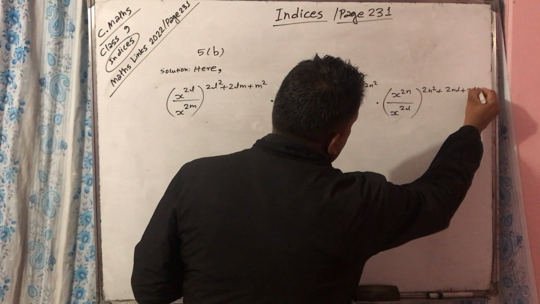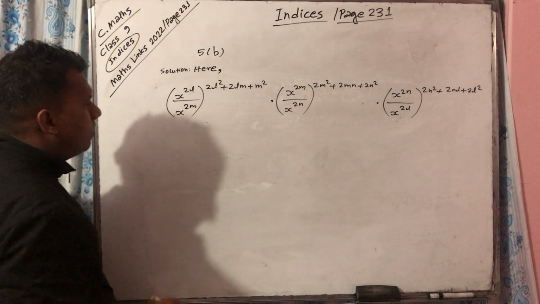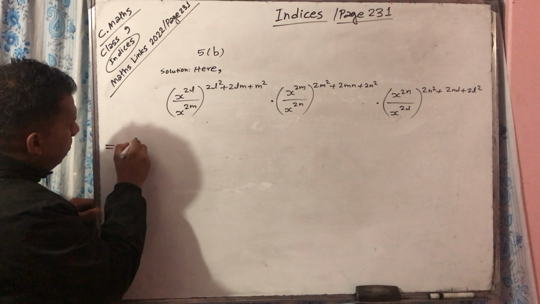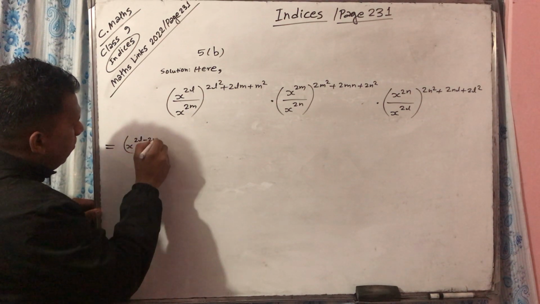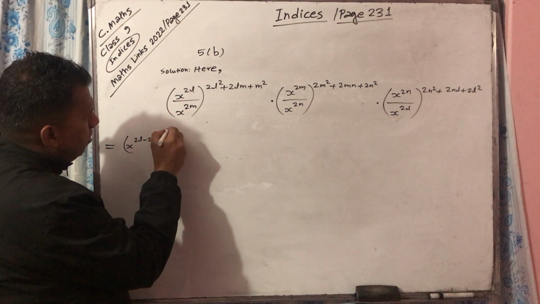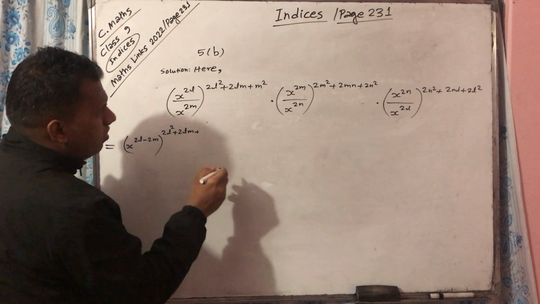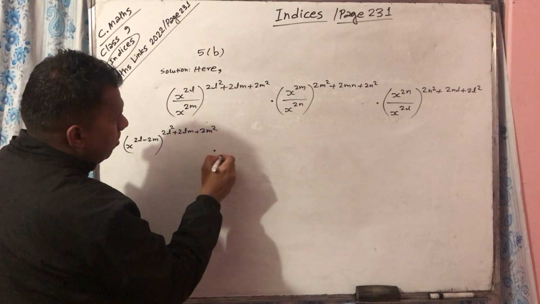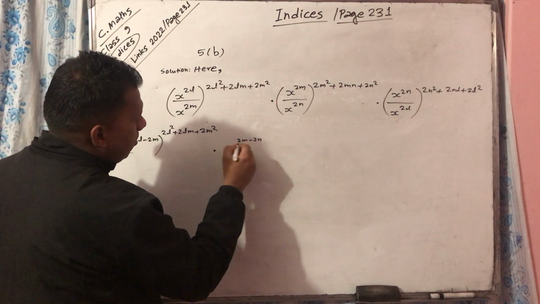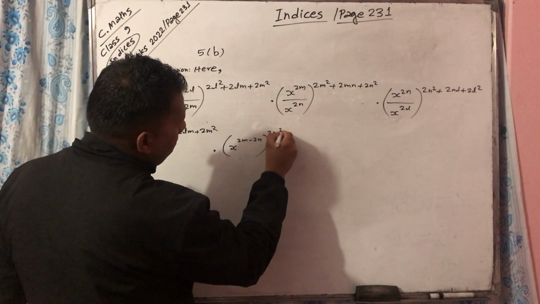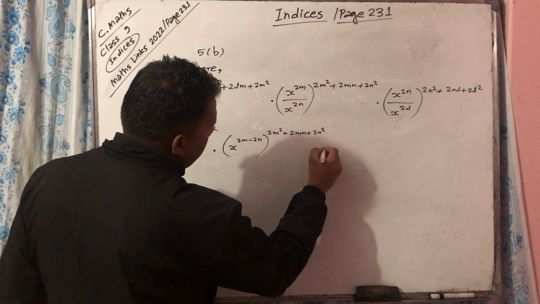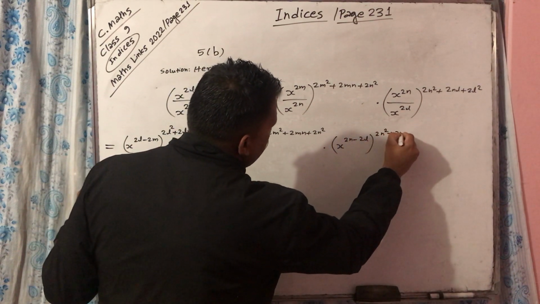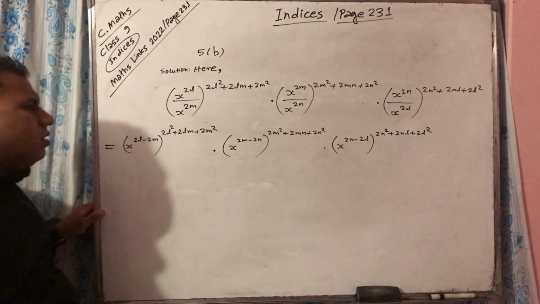2nl plus 2l square. Okay students, first step is equal to x to the power 2l minus 2m whole power 2l square plus 2lm plus 2m square, multiplied with x to the power 2m minus 2n whole power 2m square plus 2mn plus 2n square, multiplied with x to the power 2n minus 2l whole power 2n square plus 2nl plus 2l square. This is equal to